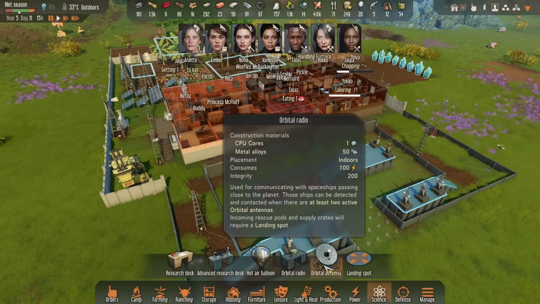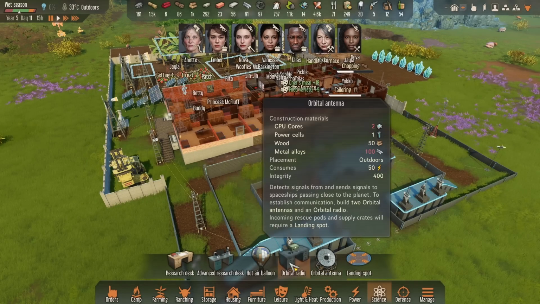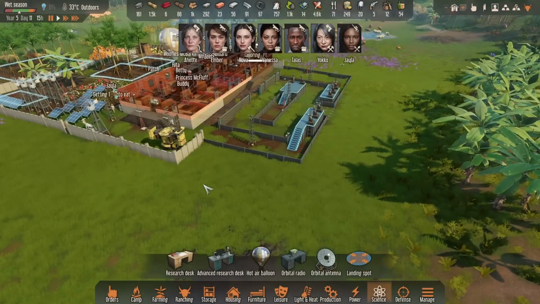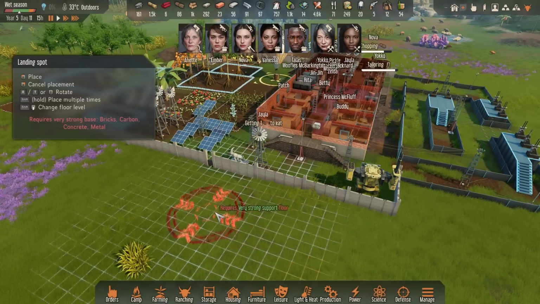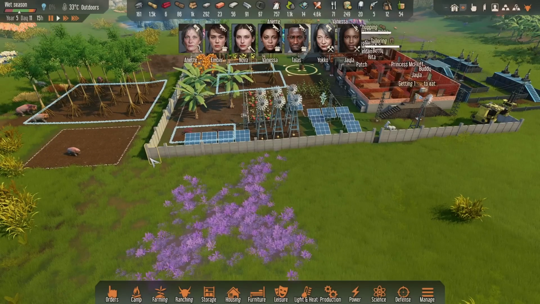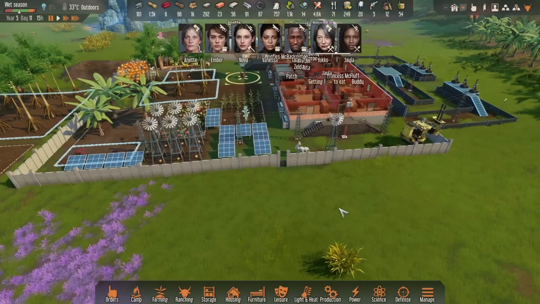The orbital radio and the orbital antenna and the landing spot and all that kind of stuff. We haven't got those in, but I think it's a pretty good point to leave it for now. I think really, to get that landing spot in, it's not little, is it? It's not small. We might possibly have to extend the base out this way a tiny, tiny bit, and then